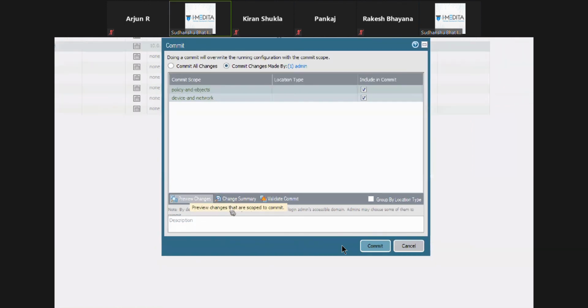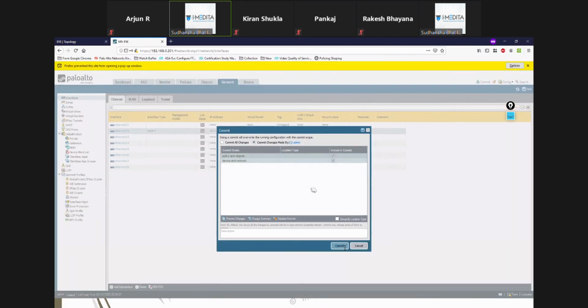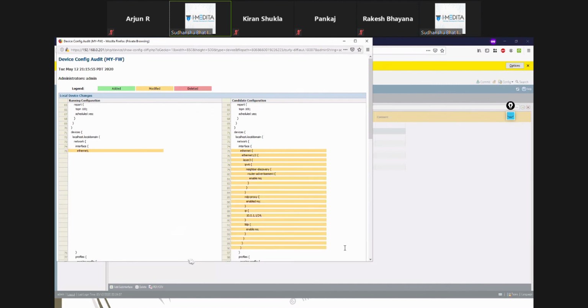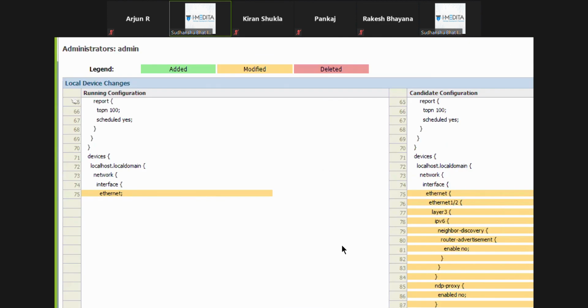So I'll show you, if you look at preview changes, it shows you a pop-up, and if you see, the page is quite like the page of configuration audit, just a little bit more colorful. You see running configuration and candidate configuration.